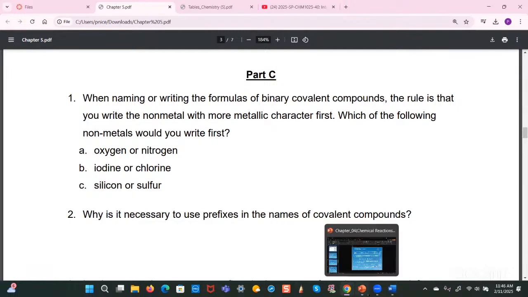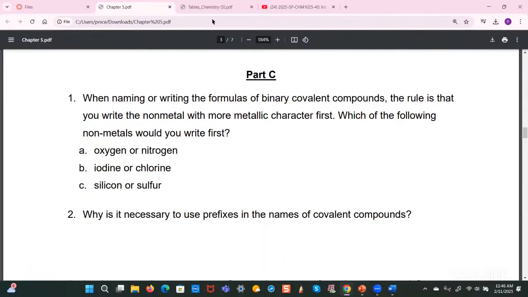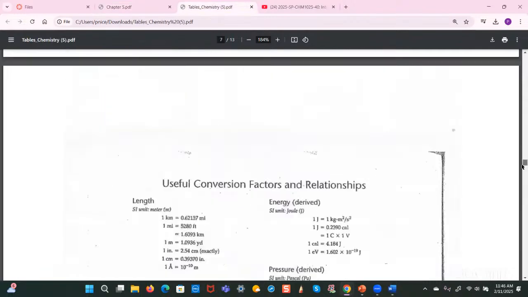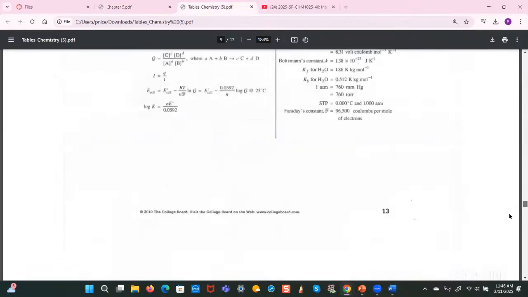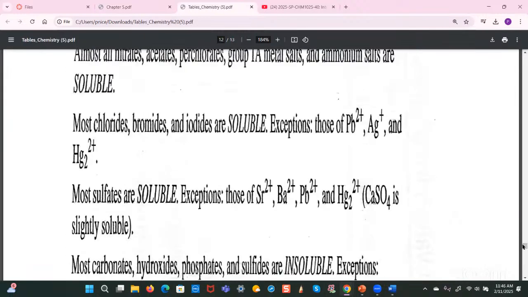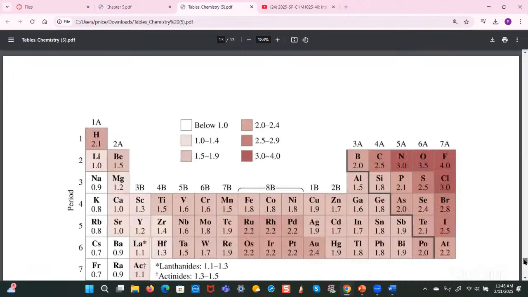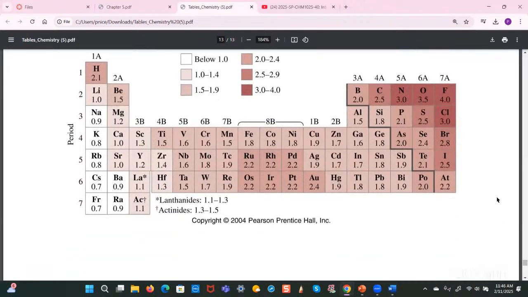And going back to the table, find it. There is a chart which gives you the electronegativity values of the different elements. I think it's the last page, if I'm not mistaken. Right, this page right here. So this gives you the different elements and their electronegativity values, right? And we're going to talk about electronegativity later on, but you should have met it before in your introductory high school chemistry. And basically, if you have two elements combined, I'm just going to choose two arbitrary elements that are nonmetals. If you have, let's say,